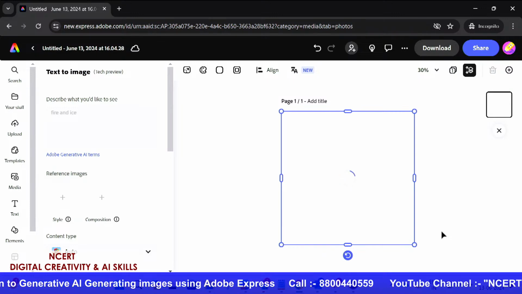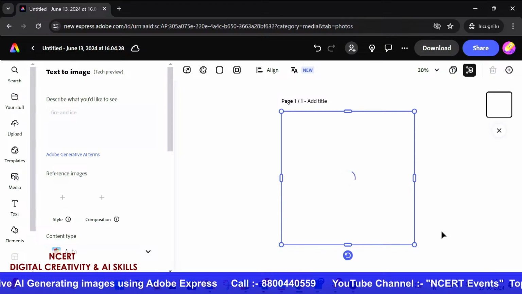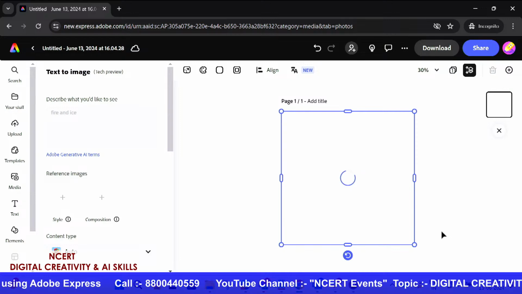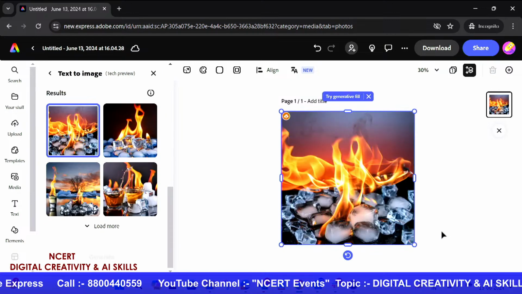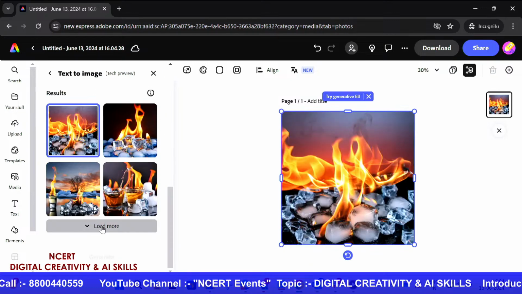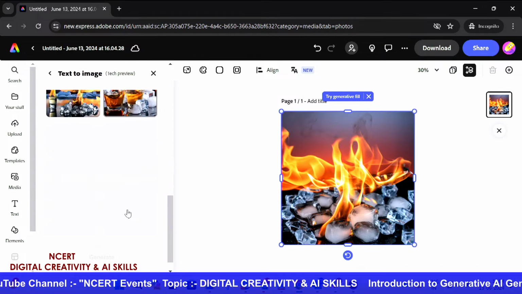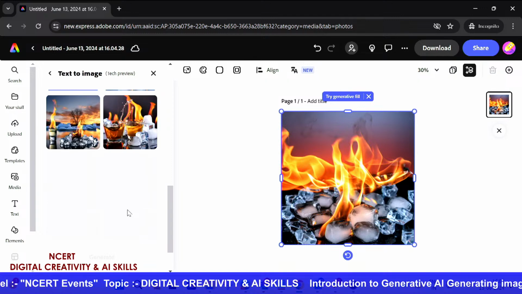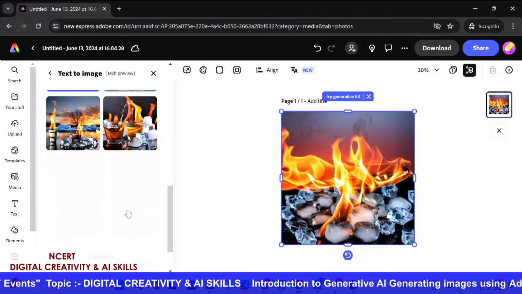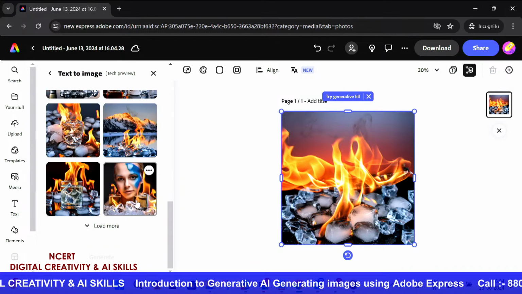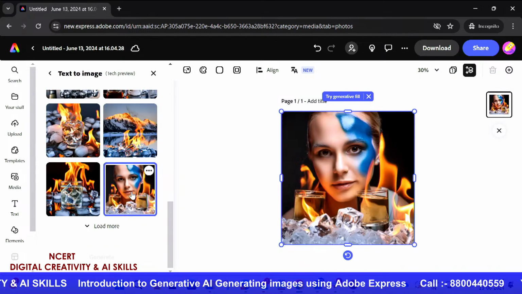While it is generating, I would like to add that this prompt we have just written is really, really simple. It's just fire and ice. And you're now going to see the difference. Here is the image that it has generated. But we could have used an element, maybe a candle that is lit, that's fire on the candle.